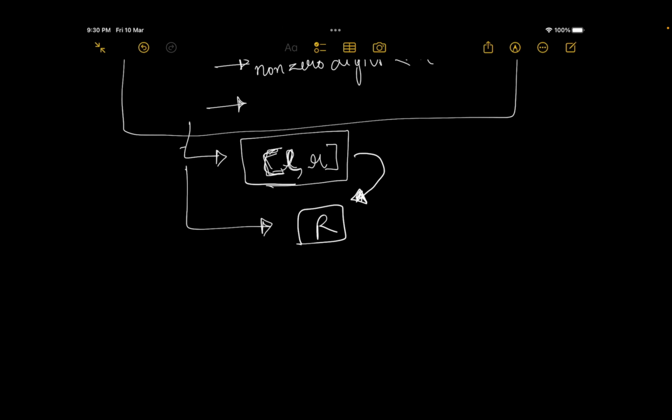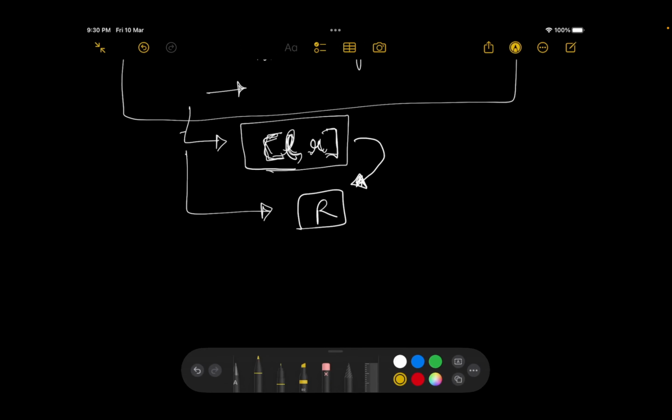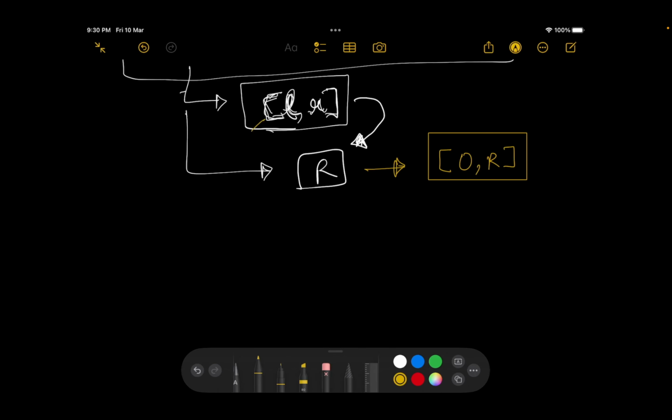Cool. And if you have any doubts, don't hesitate, you can right away ask me, right? So how is this thing convertible to this? To explain that, R simply means that I have to find the numbers in the range 0 to R, because there are generally no negative numbers in digit DP questions. So I find the numbers in the range 0 to R, and then I subtract the numbers in the range 0 to L minus 1.